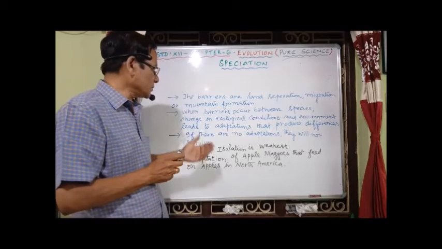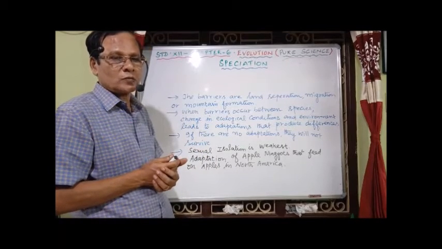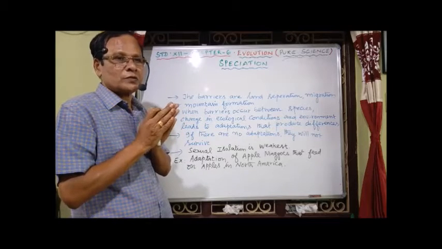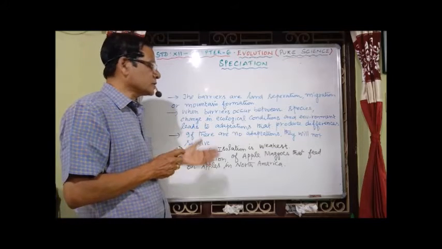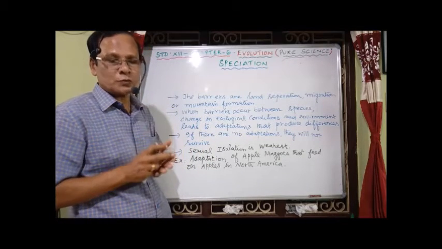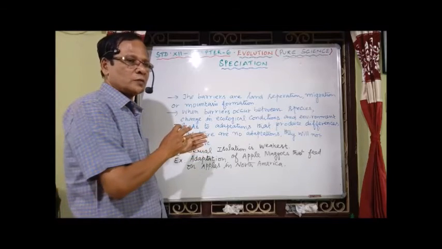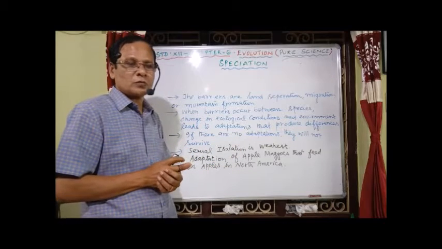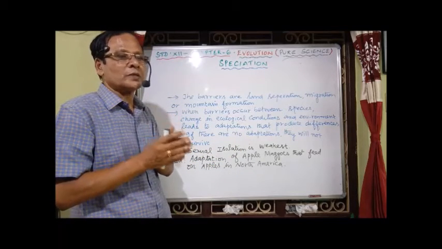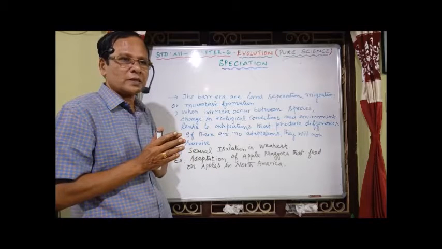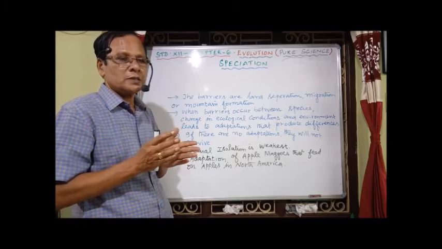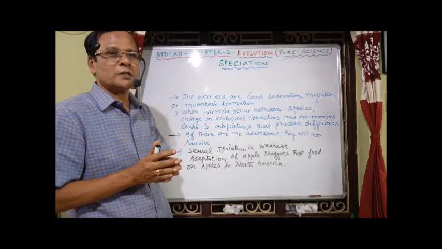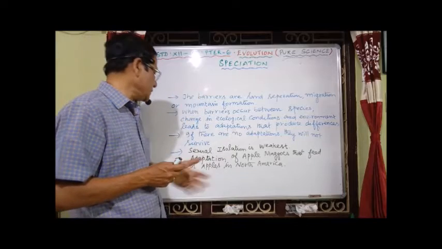Now here the sexual isolation is weakest. The meaning of that is that reproductive isolation is not a major operative phenomenon. Mainly the geographical isolation is responsible for the formation of two species, and only after that do we have the reproductive isolation. There is no interbreeding. So sexual isolation is weakest, meaning interbreeding is not playing a major role. Only geographical isolation plays a major role in the formation of allopatric species.